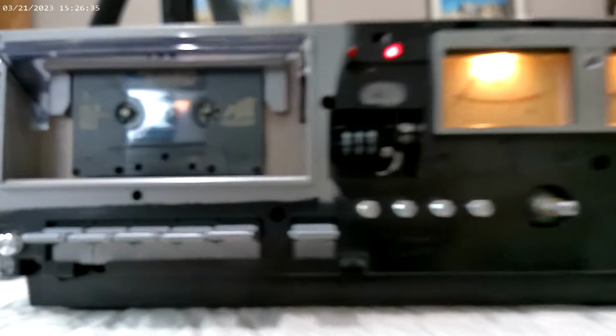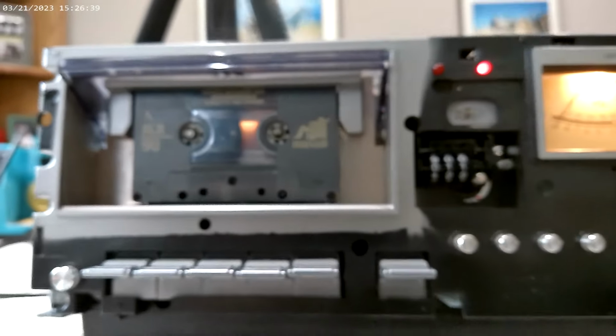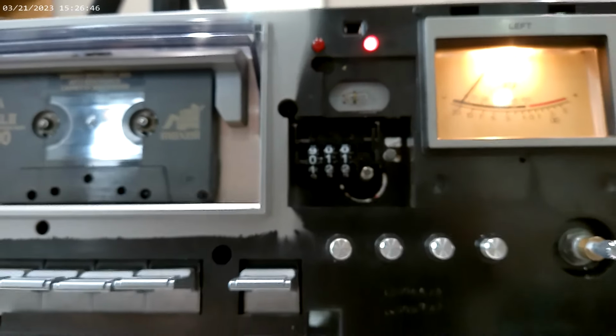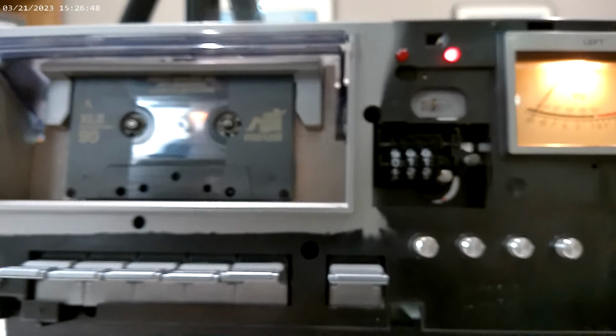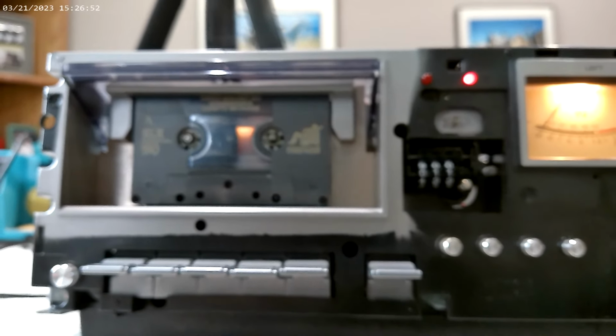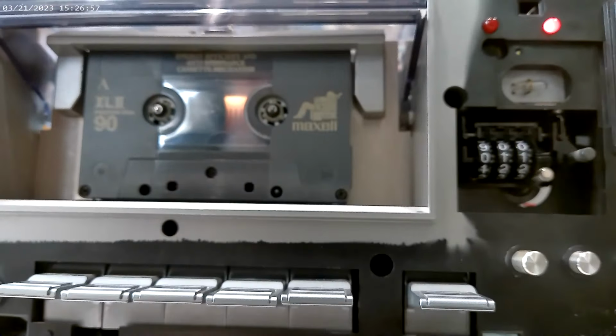Boy, I'll tell you, if I could send this camera back, I would. It had problems with playing. It ate the tape, as you recall, earlier. Then rewind worked, fast forward worked. Then we fixed the play,